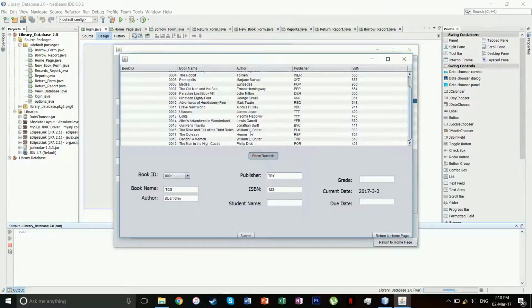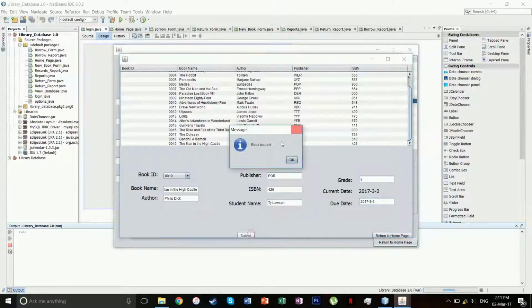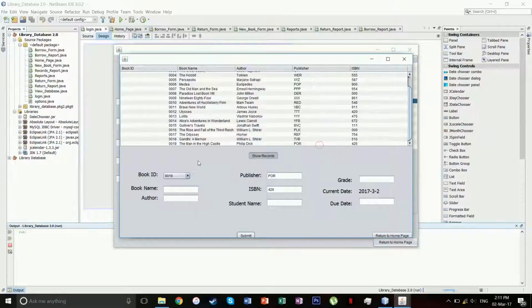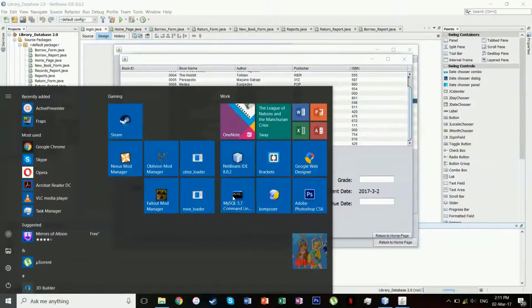Upon hitting show records, it shows us a list of all the books that have currently been entered into the database. So let's say someone wants to borrow The Man in the High Castle. Student name, grade 8, and to date, March 6th, 2017. Now upon hitting submit, the book will be marked as issued. However, if you were to try and issue a book that has already been issued, we'll